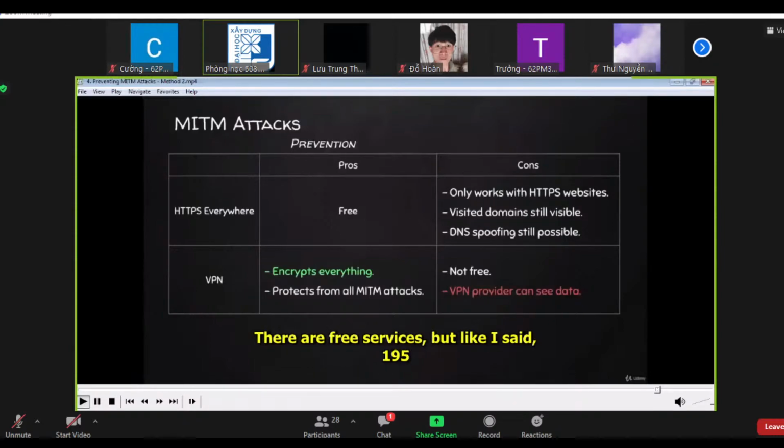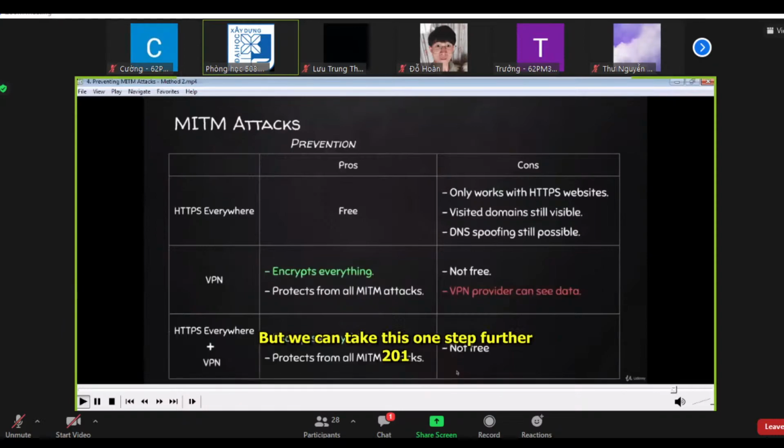There are free services, but like I said, they're not great, so you shouldn't use them. Just don't use a VPN if you don't want to pay for it. The other problem with the VPN is that the VPN provider can't see your data, so you're introducing a man in the middle. But we can take this one step further and use HTTPS Everywhere with a VPN, and with that we're getting all of the benefits of using a VPN,